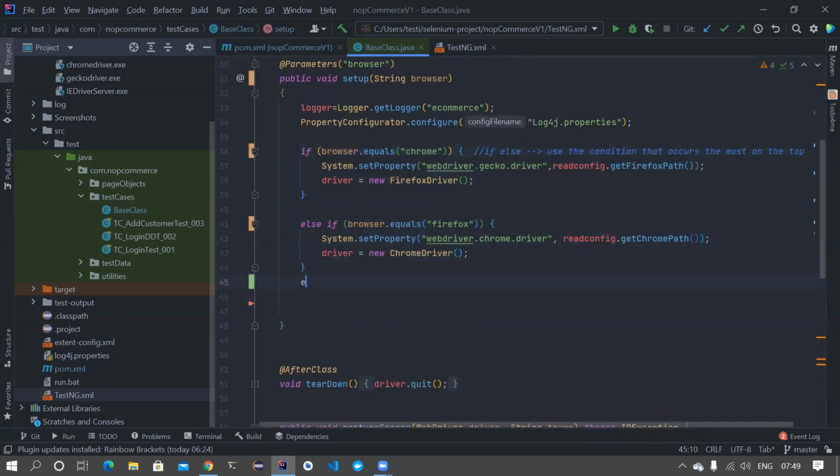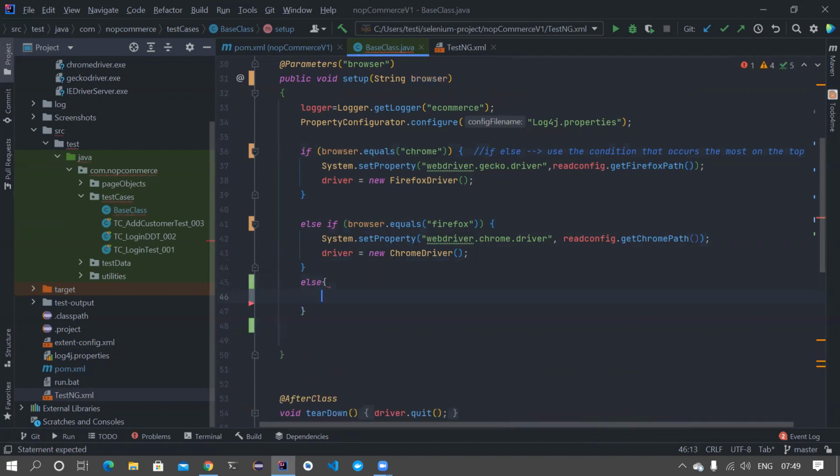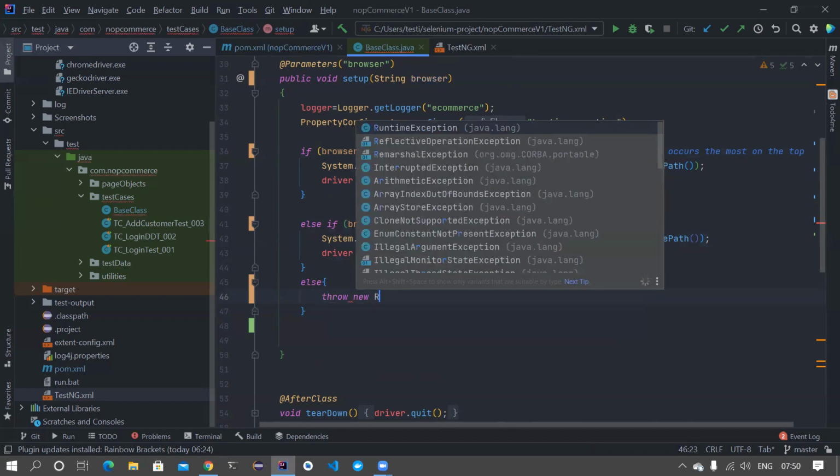Maybe first you need to use an else condition, and you can throw a runtime exception, because if the browser is not matching, you want to stop the program. Sometimes you don't want to stop the program either. Maybe you can run it on your default browser as Chrome, anything. But for now, a good practice is basically to throw a new runtime exception.